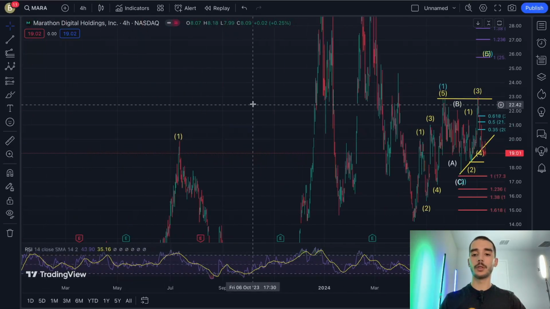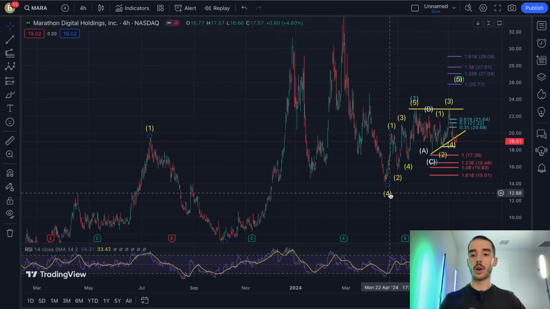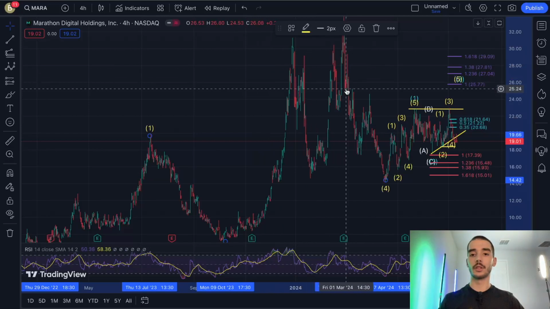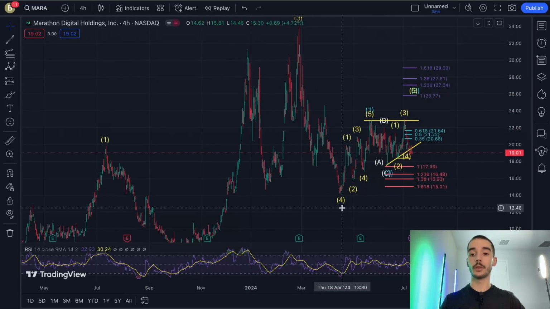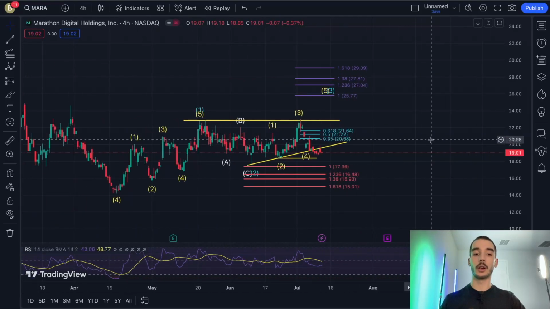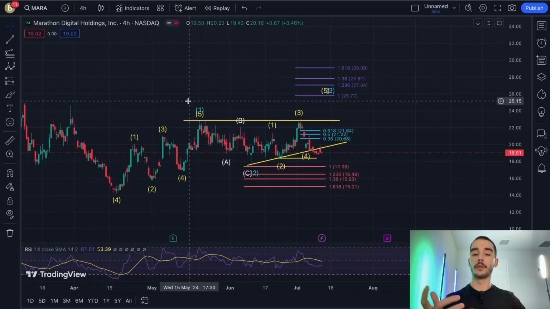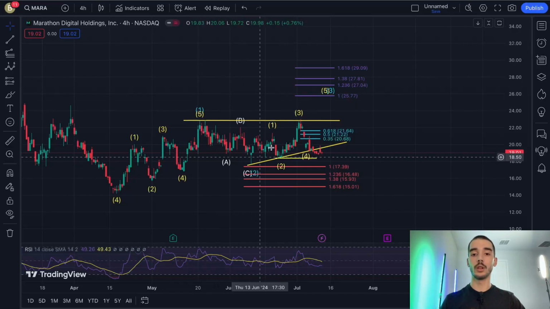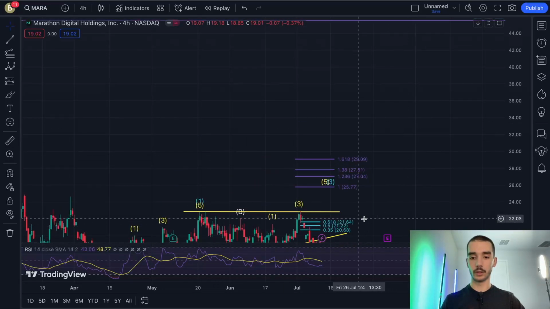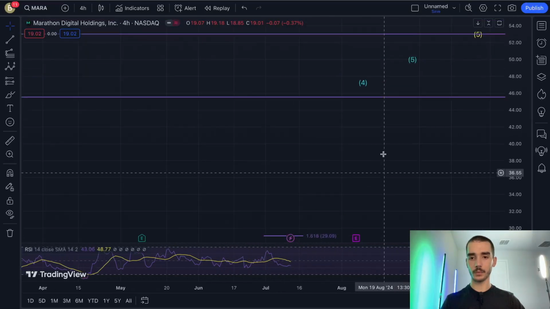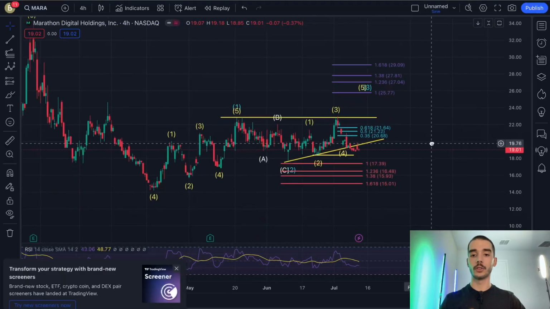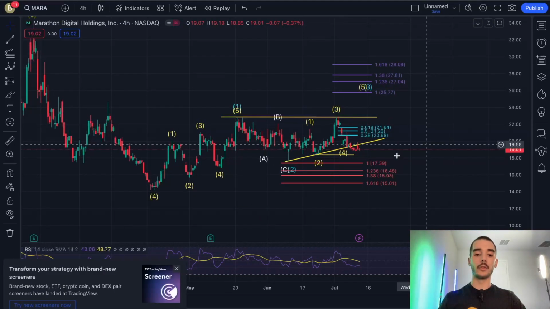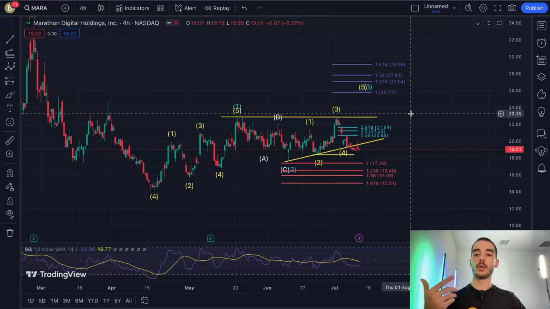After this third wave topped out, we came down to this overall bigger fourth wave, and we are now working our way up on another 5 wave pattern. So in blue, I have 3, and 4 will be somewhere here once we get up here, and then the 5th wave in blue will be up here around $50. Of course, Bitcoin is going to be a big factor in how Mara reaches $50, but I'm kind of repeating myself a lot right now.